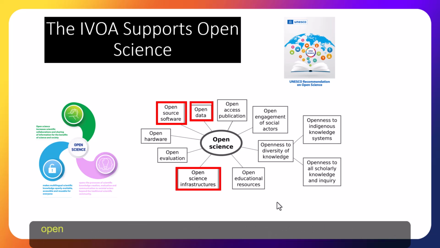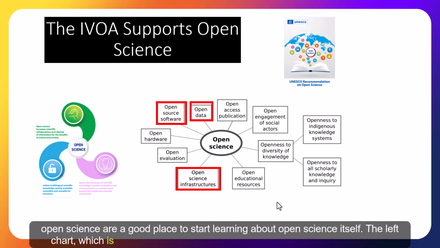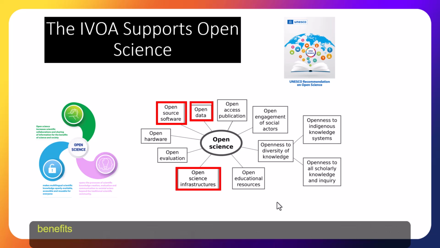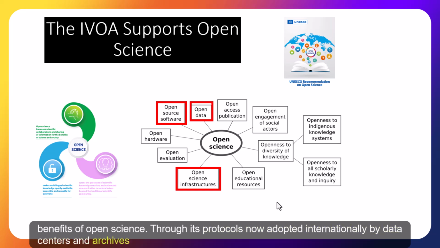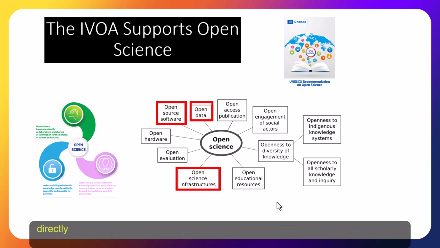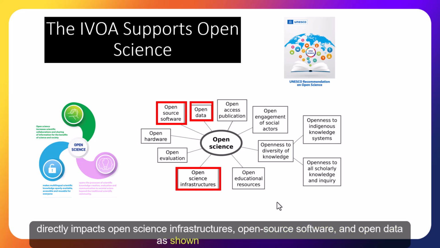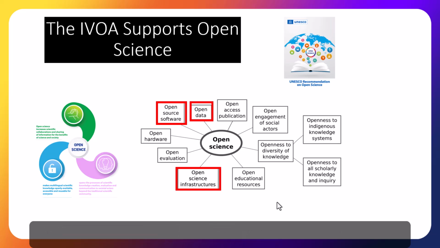UNESCO's recommendations on open science are a good place to start learning about open science itself. The left chart, which is from that document, summarizes the characteristic features and benefits of open science. Through its protocols, now adopted internationally by data centers and archives to make data accessible through common interfaces, the VO directly impacts open science infrastructures, open source software, and open data, as shown in the red boxes in the chart